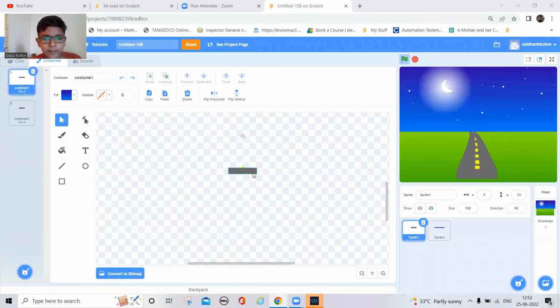Adjust the shape of the sprite till it gets better like this. And that's it. So I'm going to show you how it